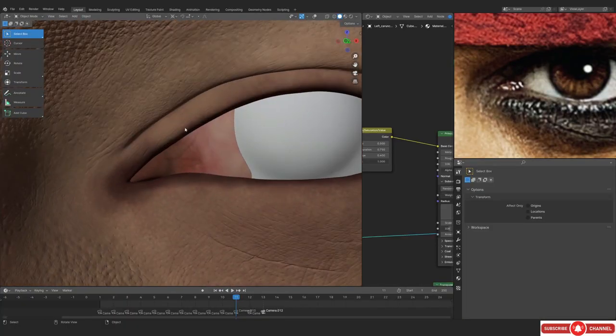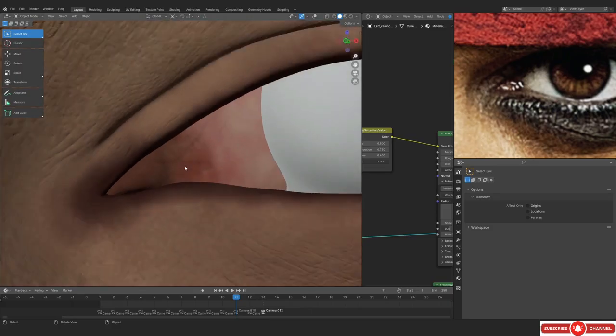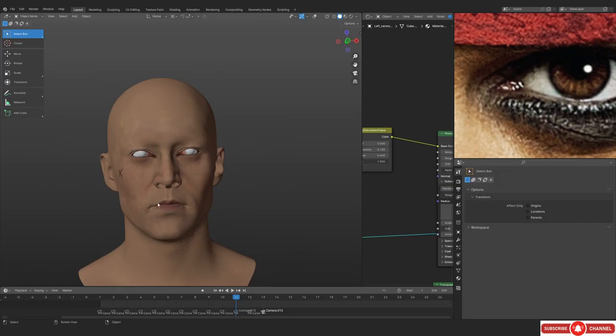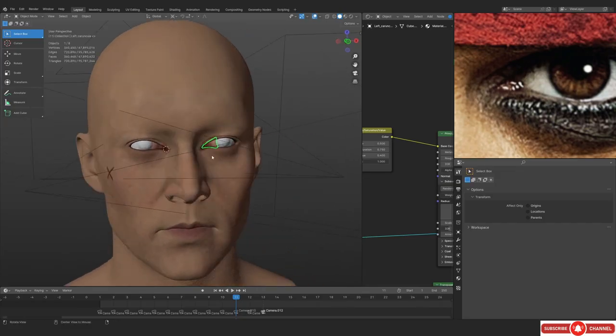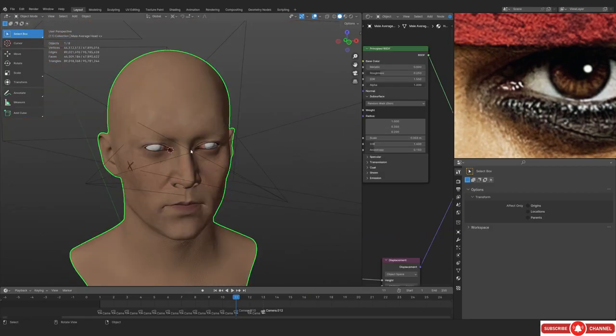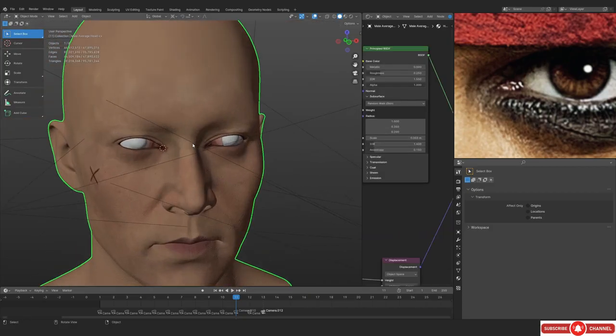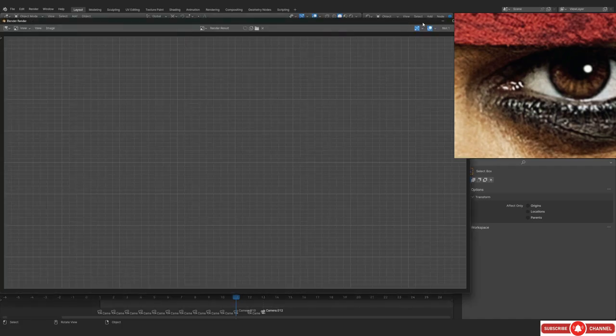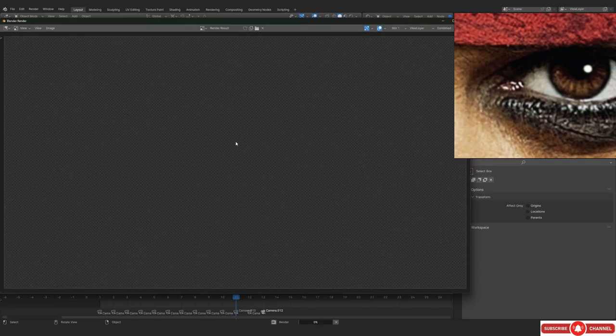So this is something that I did behind the scenes, and the caruncula, not the caruncula, but the eyelid area, you can see that the corners are a little bit dark. I did this because obviously you can see that in the reference, and also because of the subsurface scattering, it was getting a little bit too light, so I didn't really like that, and that's what I changed. So yeah, I don't think that I actually needed to show you that because there is so much of trial and error stuff, and I cannot actually show you everything that I do in terms of trial and error.